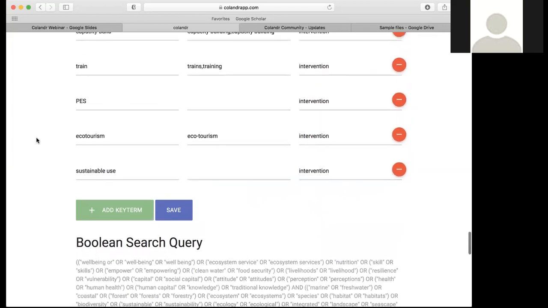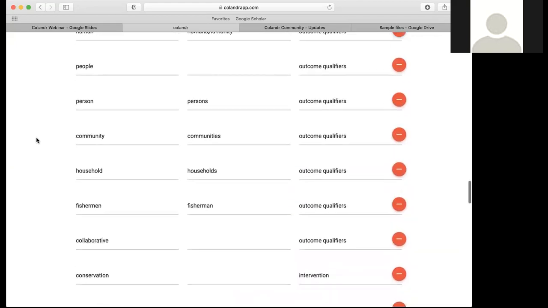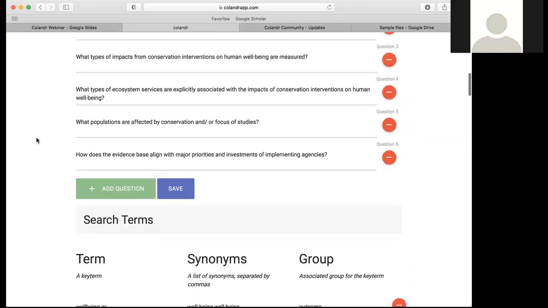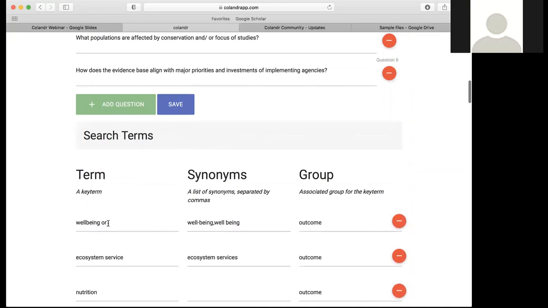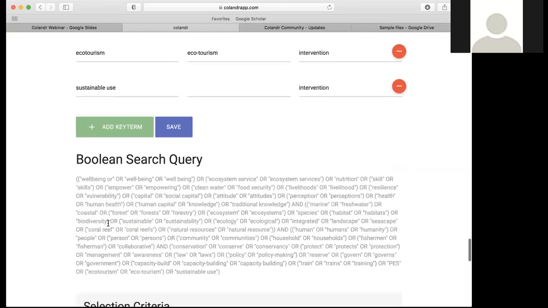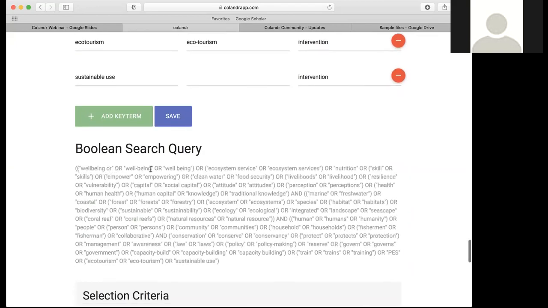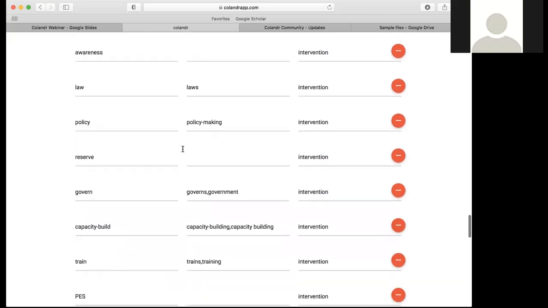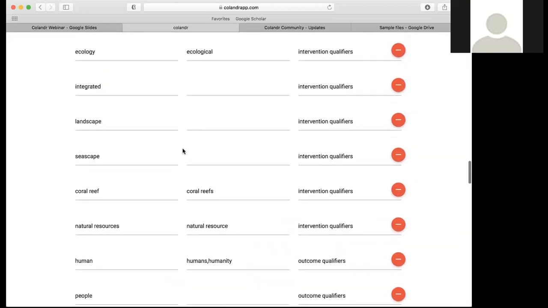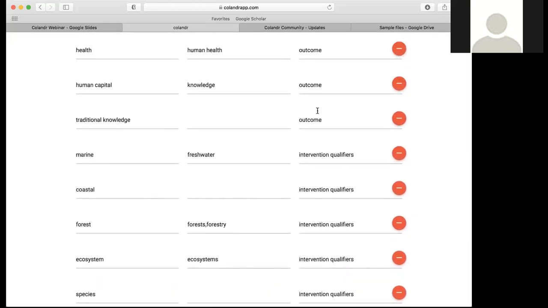So Sam, just a quick question from Malin earlier. If you put your Boolean search terms in, like you already put your or and your and, just as a quick example, I changed this from well-being to well-being or, and you'll see in the Boolean search string, once I've saved it, it becomes well-being or well-being or well-being. So you don't want to try to outsmart this tool. It will naturally put in the Boolean strings for you. As Sam was saying, as long as the group is the same, everything within your group will be nested as ors,